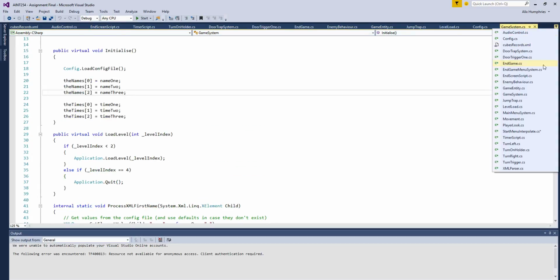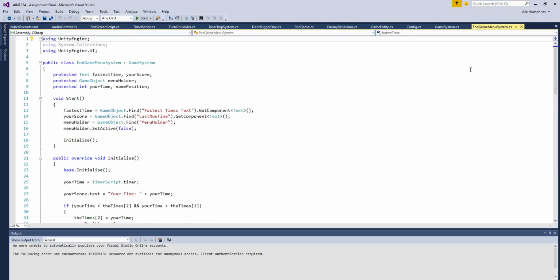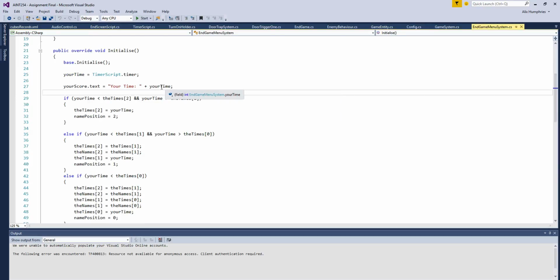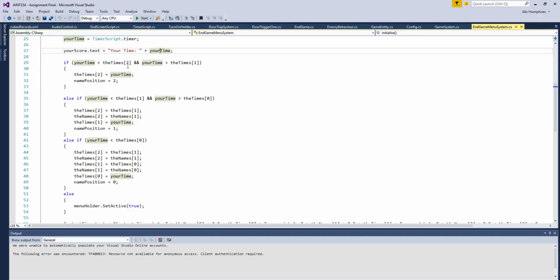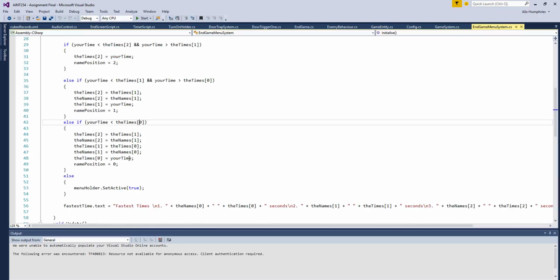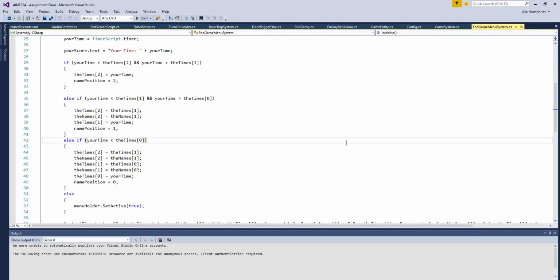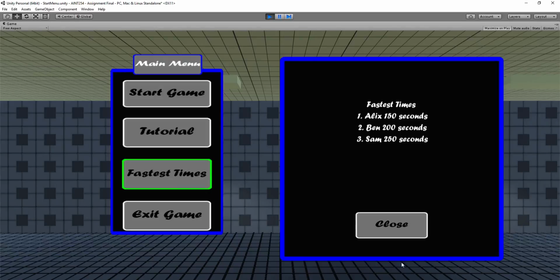And then if at the end of the game a player has a high score, so if we go to the end game, when the player finishes the game, it brings back the time that they've just got from that run. It will check that time against each one of the times within the lists, and it will move the list accordingly to where it needs to go. So if they have the fastest time, what was the fastest time becomes the second fastest, second becomes third, etc. Then it will print out for the player to see at the end. But again, we'll go through that at the end so we can see it actually running. Going back to the game,